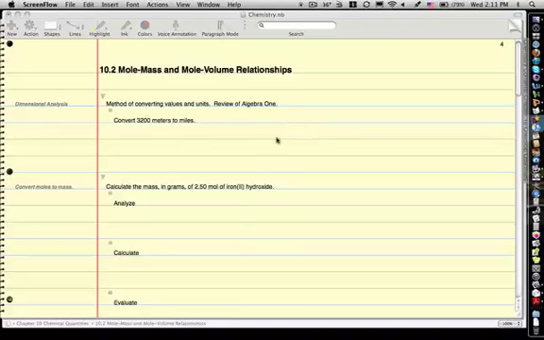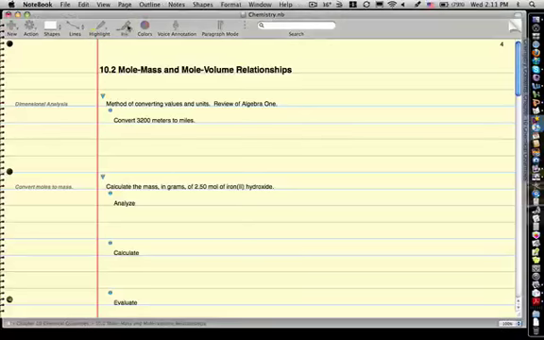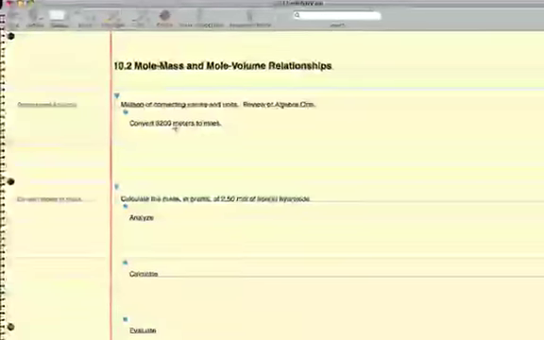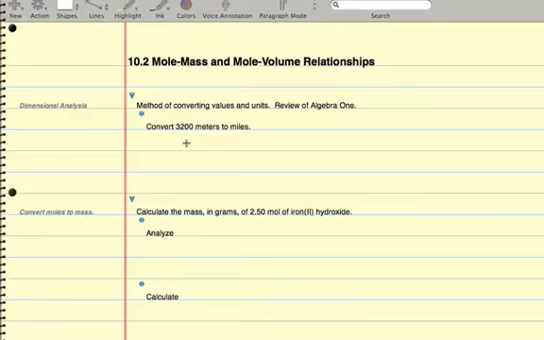This is a review of Algebra 1 and it's called dimensional analysis. We're going to take a look at converting 3,200 meters to miles. To do this, we begin by recording what we know and what we don't know. We know that we have 3,200 meters and we don't know the number of miles. Our conversion is we start with what we know, 3,200 meters, and we're going to put this in fraction form, so over 1,